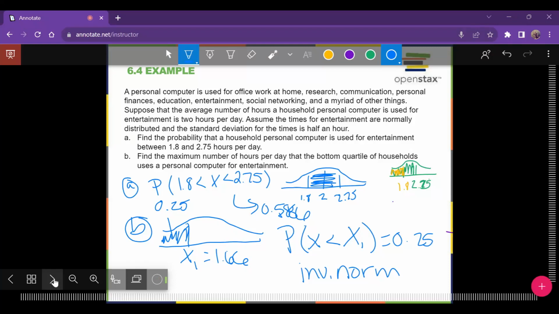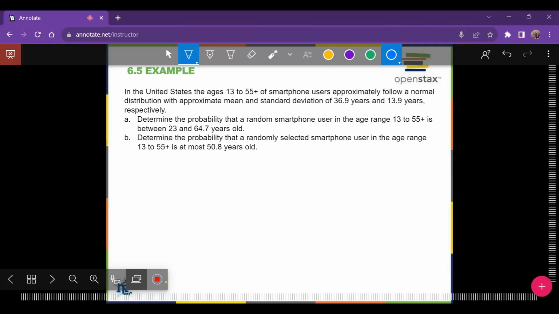All right. So if we look at 6.5, in the United States, the age 13 to 55 plus of smartphone users approximately follow a normal distribution with approximate mean and standard deviation of 36.9 years and 13.9 years, respectively. Determine the probability that the random smartphone user in the age range 13 to 55 plus is between 23 and 64.7. Determine the probability that a randomly selected smartphone user in the age range 13 to 55 plus is at most 50.8 years. So in these,